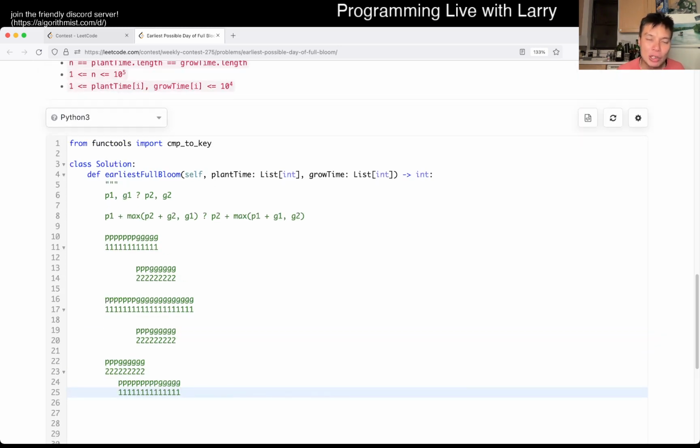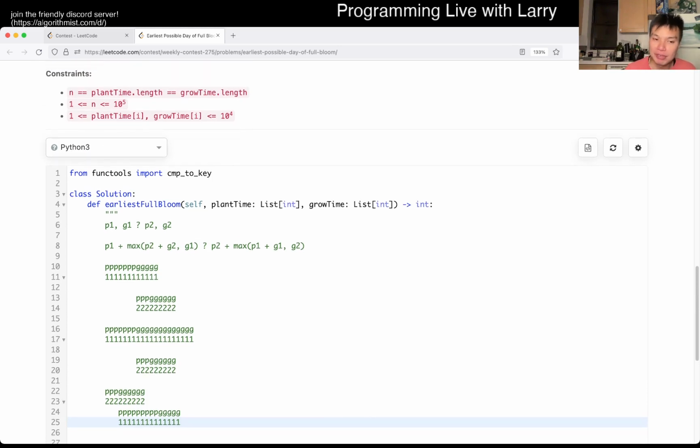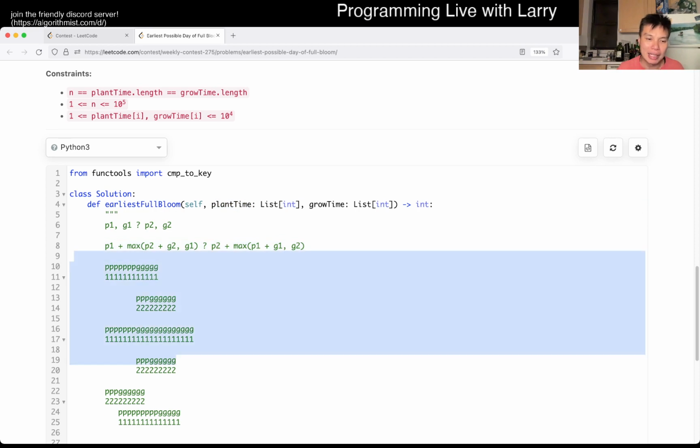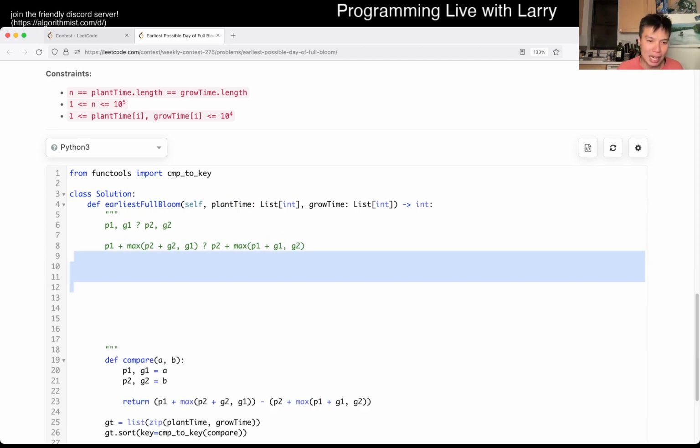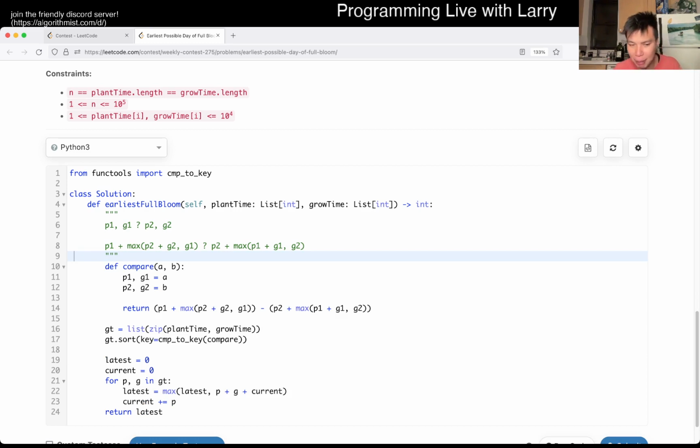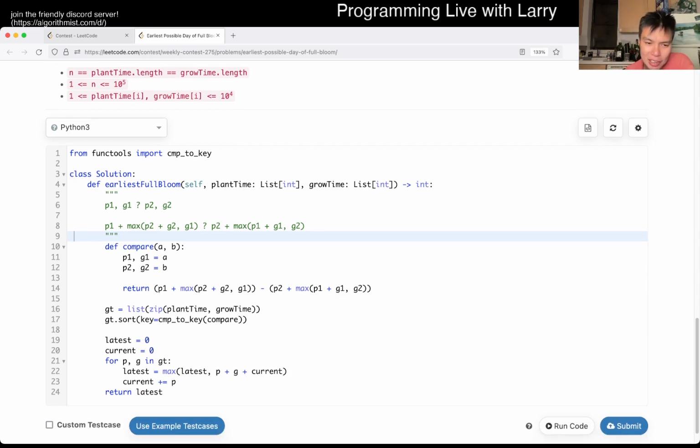And then we want to return, what's the better thing to grow first? If this gives me the shorter time, I want plant 1 first. And if this gives me the shorter time, then I want plant 2 first. That's basically this idea. In Python, that's what I did with this algorithm. You look at my comparator function, and this applies in every language. But in Python, it's a little bit awkward to compare by key. You have to use the thing from functools that converts a comparison to a key. To be honest, it's kind of magic how that works. I have to look at the code. You could write it yourself, but I'm very curious how this works now that I think about it.